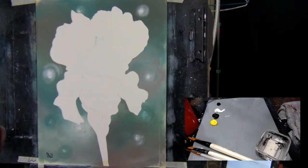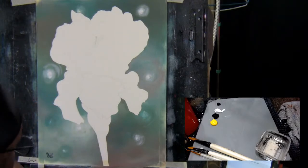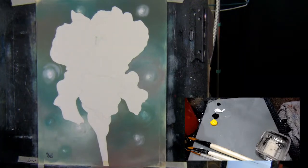All right, so this will be one of my favorite flowers in the world that I rarely ever draw or paint, and it's an iris. And we'll start with this guy. Every petal will be pretty much separate. All right,